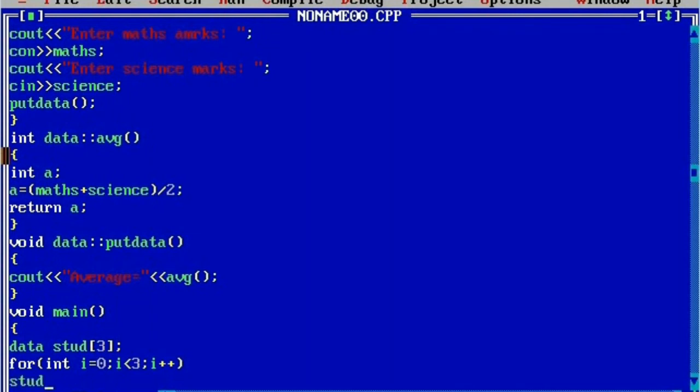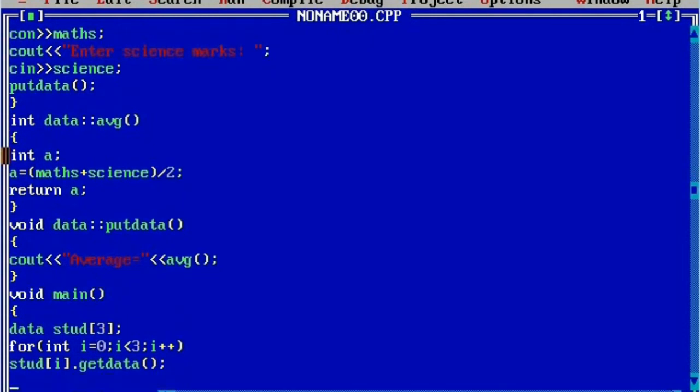So here we will write stud, and inside the square bracket I'm going to write i, because it starts from 0 and ends at less than 3, that is 0, 1, 2, so that it takes 3 students' information. Next dot getdata and round braces, then curly closing brace.